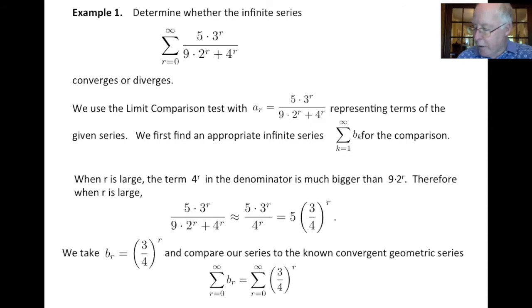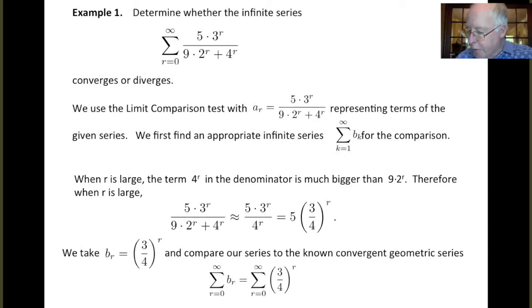So again, we often take a look at numerators and denominators, and in this case, we reason as follows: if r is very large, then the 4 to the r term in the denominator is going to be bigger than 9 times 2 to the r. You raise 4 to a large power, you're going to get much, much bigger than 2 to a large power. And so based on that, we kind of expect, again, looking at dominant terms in the numerator and denominator,